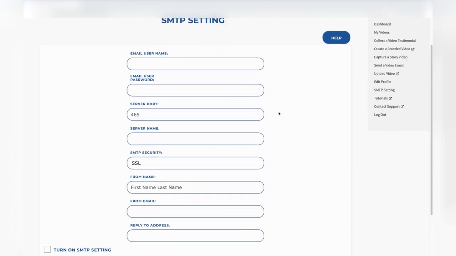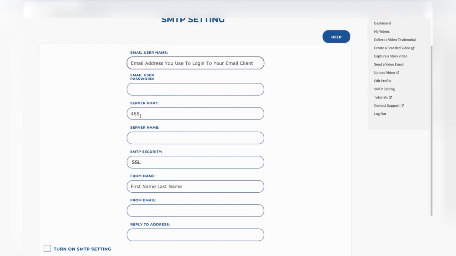So over here, you're going to see that this is going to be blanks. The email username is going to be the email address you use to log into your email client, so when you're logging into Gmail or Outlook or whatever. If you're logging in externally and not via Mac Mail or Apple Mail, I should say, whatever email you use to log in, this is the email you want to put here. And then same thing, the password you use to log in to check your email, you want to input that here. Next thing you're going to see is the server port number,